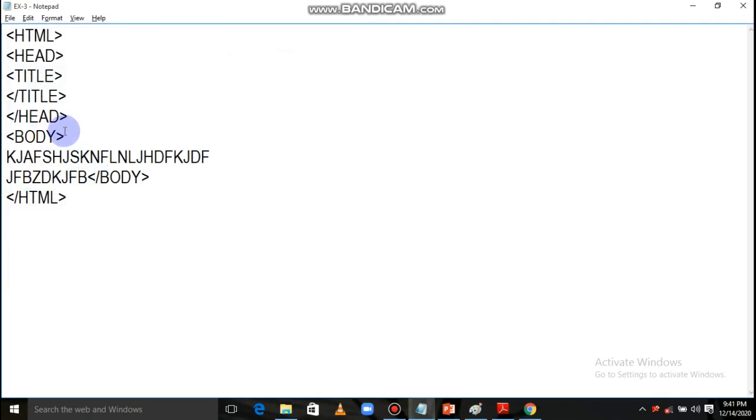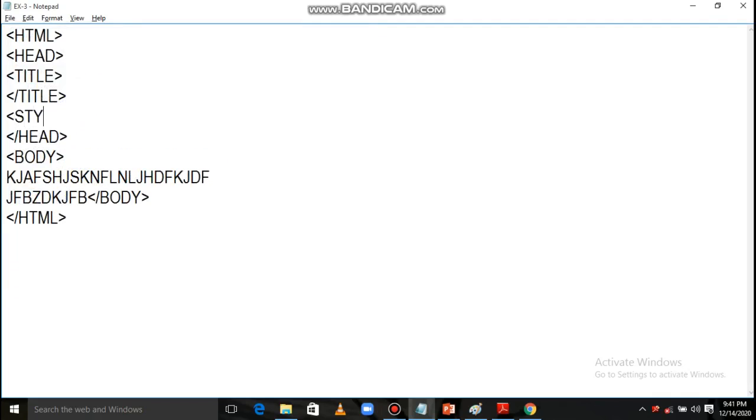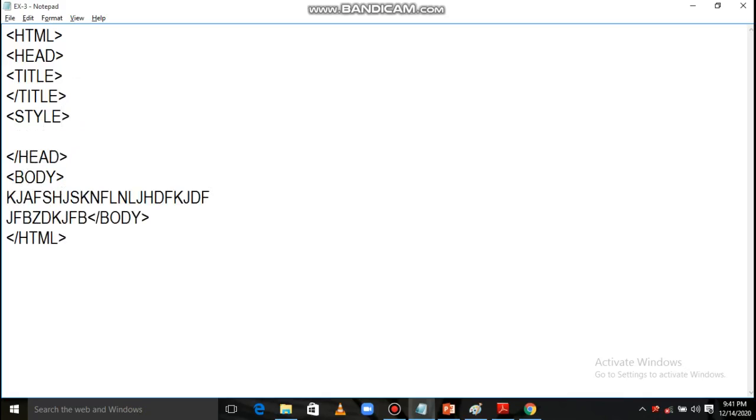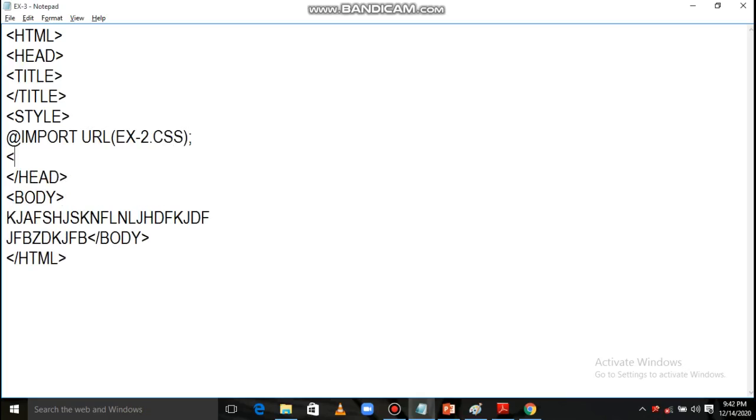And here you need to call that particular CSS. For calling, inside the head tag I need to use a style tag, and the syntax that I need to write is @import url ex2.css, style tag close, and head also close.